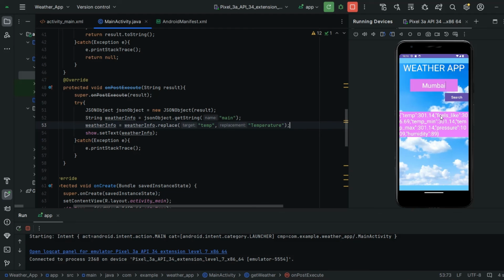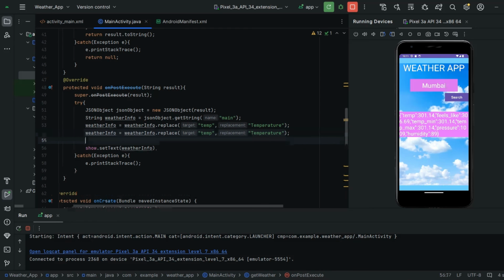In the same way, I'm going to replace this feels like with capital letters, feels like, this temp min with temperature minimum, temp max with temperature maximum, and this pressure and humidity also, so that it will look good and the user will be able to understand it clearly, guys.